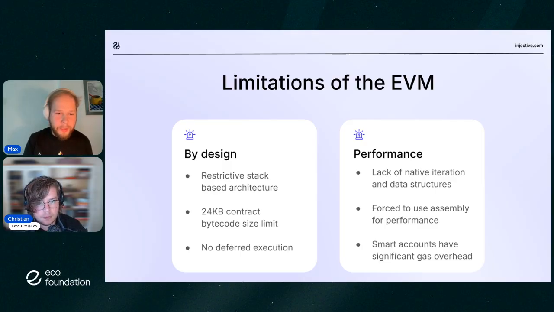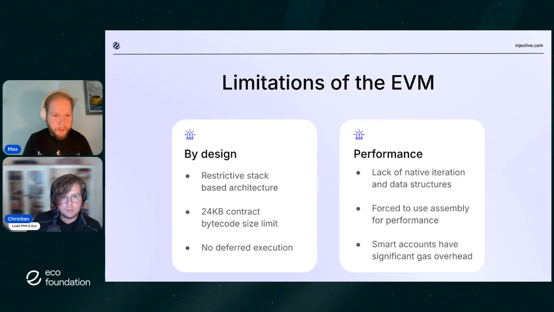Next one is the contract size. It's kind of obvious. You just cannot make a big contract. You have to split into small chunks. Well, this is hard coded inside the Ethereum runtime, so we can change it if we have a custom fork. For example, in Injective, we bumped it so our EVM has a higher limit. But if you're coding for Ethereum, which is mainstream, you still have to organize your pieces into smaller chunks